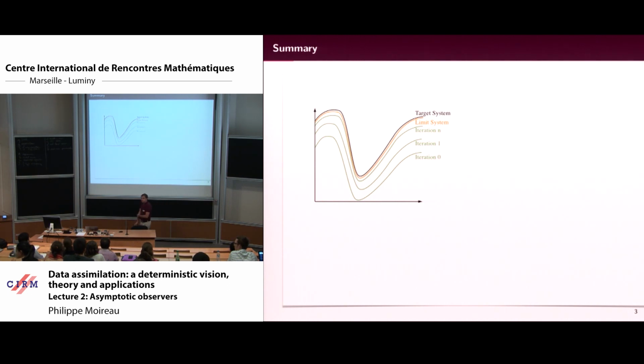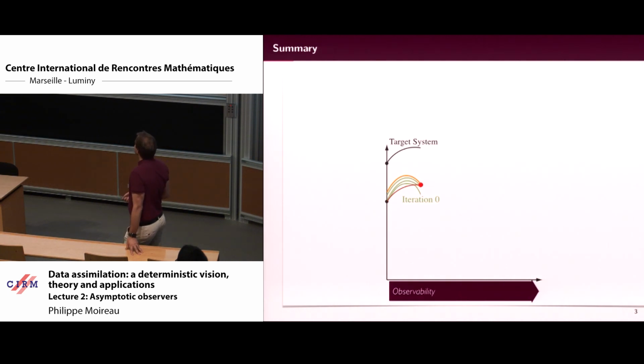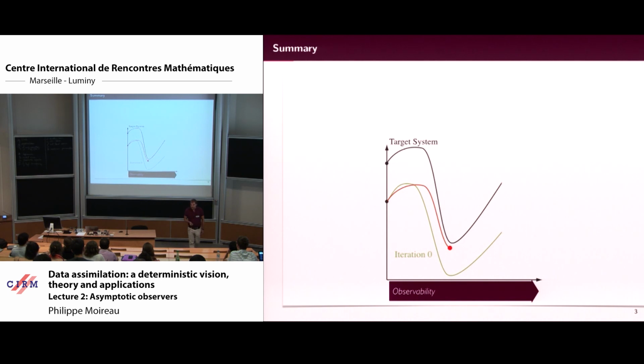I start again with my illustration. So this was the 4D-VAR estimation principle, and if you remember, the strong idea about Kalman is to understand that Kalman tries to find the dynamics of this guy. So it should be continuous in time, and for me it's impossible to have this type of animation continuously in time, so I do it in a more discrete time version. But the idea was to generate this type of trajectory.